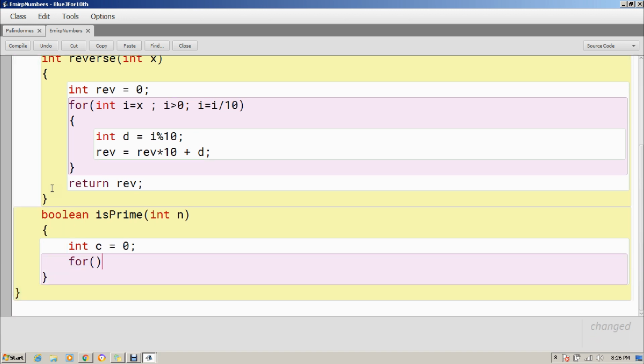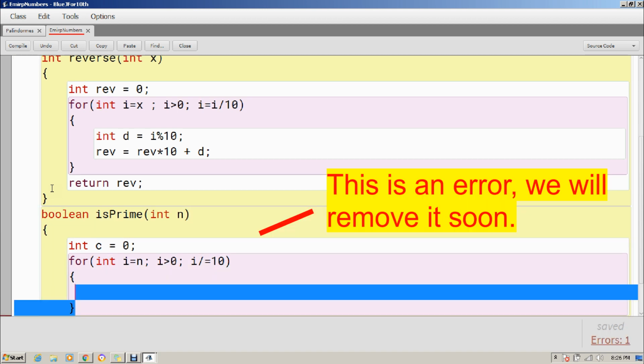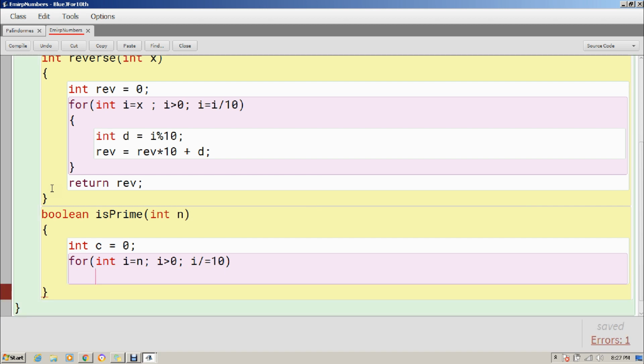Now a loop in which I will assign n to the loop counter, and this loop will run till the loop counter value is greater than 0, and every time I will do divide equals by 10. Now all that I need to do here is c++ and nothing else, because I need to count. But when we do c++, it's not like you can do c++ always.